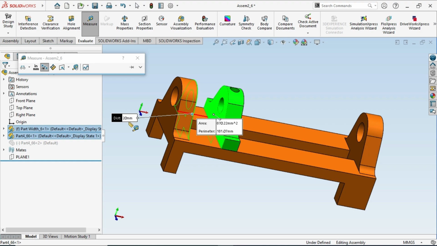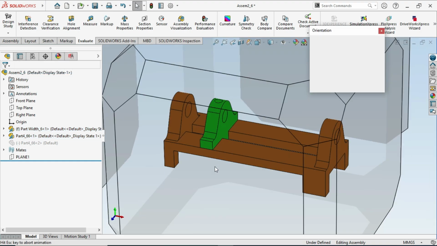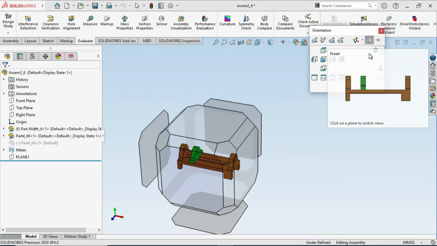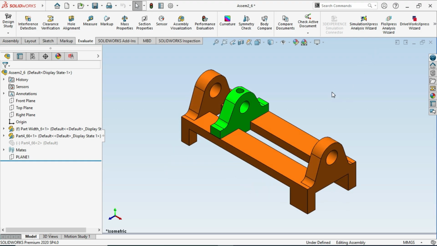It shows me 20. So basically what happened here, the faces I selected as boundary and give dimension 20. The component makes a dimension between these two faces as 20. Now my requirement is changed and I want to give 20 dimension from this side. So it is